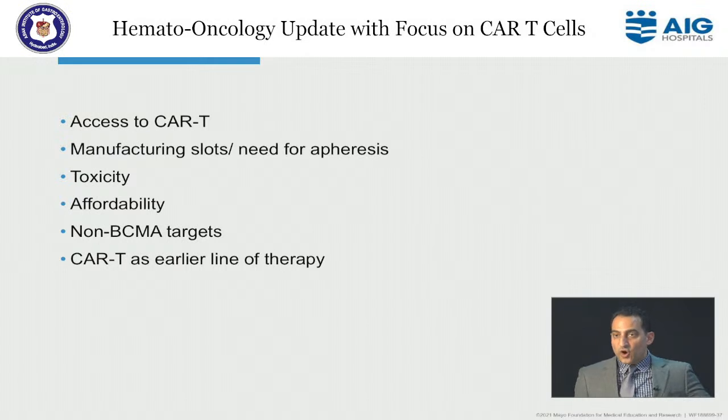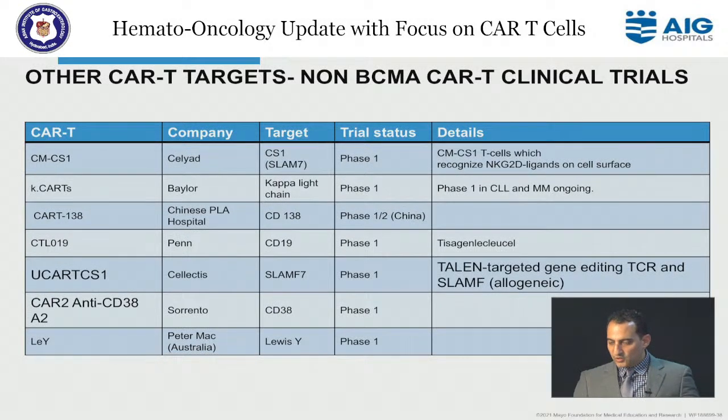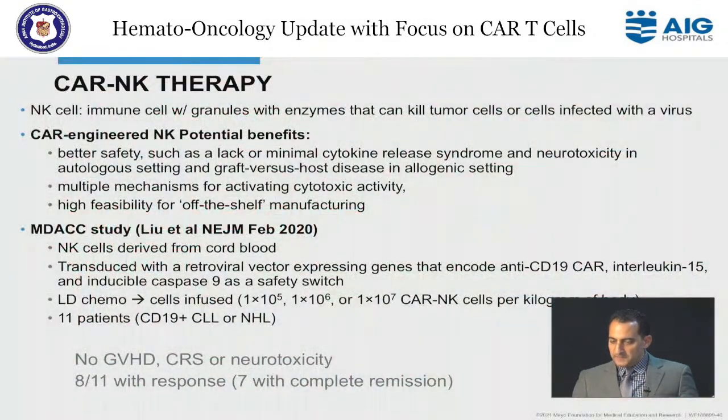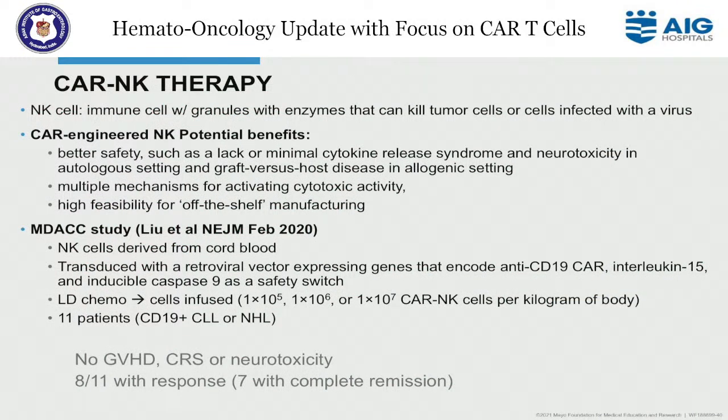We are going towards non-BCMA targeted therapies because we cannot keep using the same target again and again. So a patient can only ideally get one CAR against BCMA. Well, they're going to fail that. What are they going to go next? So there are CD38 CARs, there are CARs against Kappa, et cetera, others are coming by. And then we're using CAR Ts in earlier line of therapy. We have a clinical trial with frontline CAR T cell therapy also for high-risk myeloma. So I'll not talk about the other agents. We are talking about CAR NK therapy, which we are working on developing, and I am going to probably go directly to